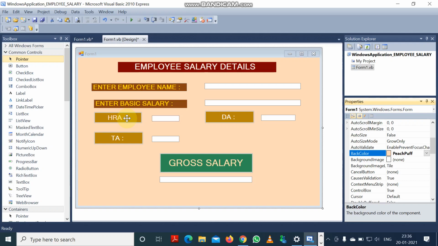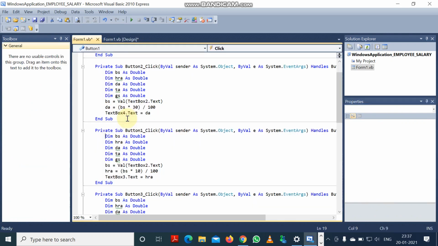So any kind of activity we are doing, we do on the button. So we double click on the button, then the code window will open. In the code window, we are writing code.